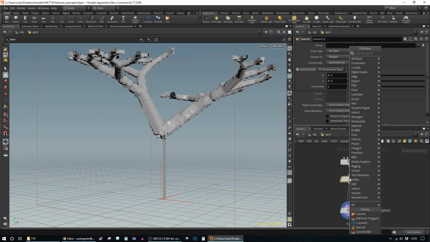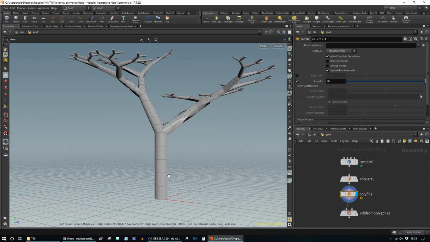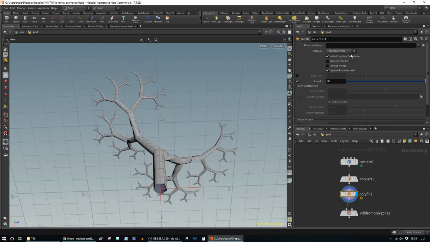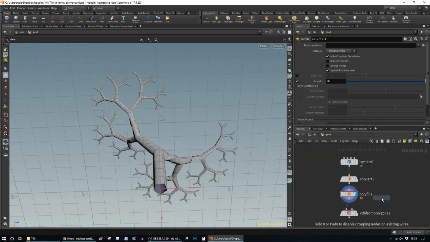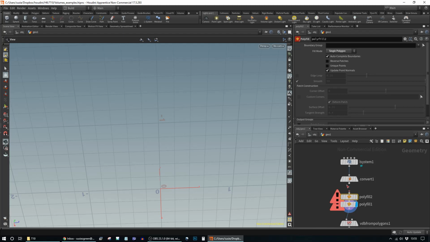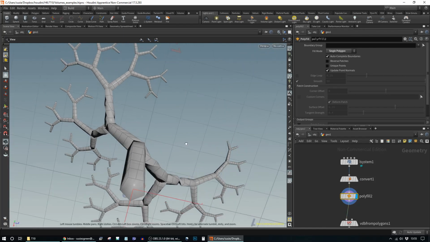And then we use a node called polyfill, which will attempt to cap off any holes in the polygons. And that's not working. Sticking in a poly cap, which for some reason behaves differently to a polyfill. I thought they were the same thing, but obviously the settings are different. That one's set to fill a single polygon. Okay, so we have our ends capped off now,